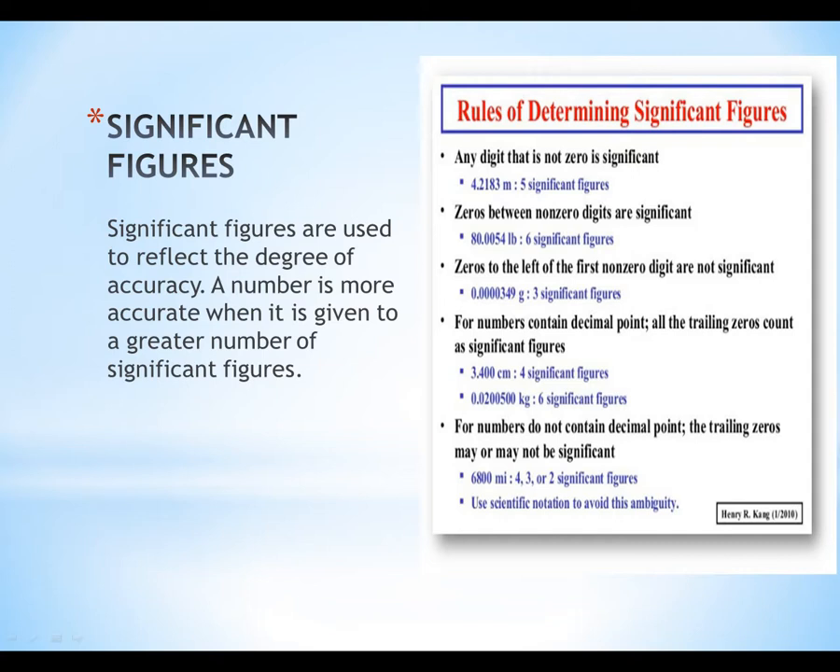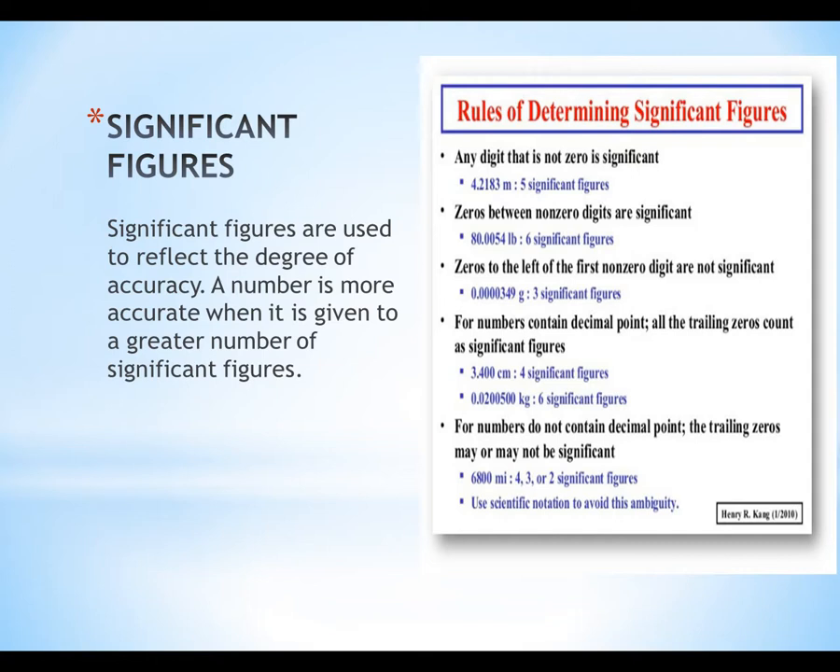And the second rule is all the zeros before non-zeros are not significant. In the whole numbers, all the zeros before non-zeros are not significant. In the decimals, all the zeros after the non-zeros are significant. So you can see the rules at page number 64